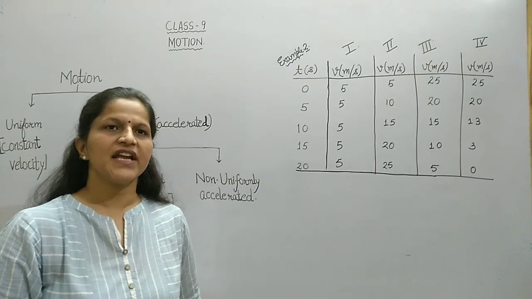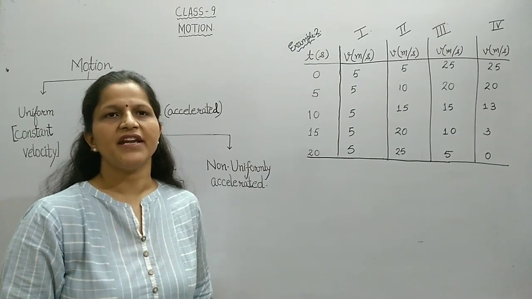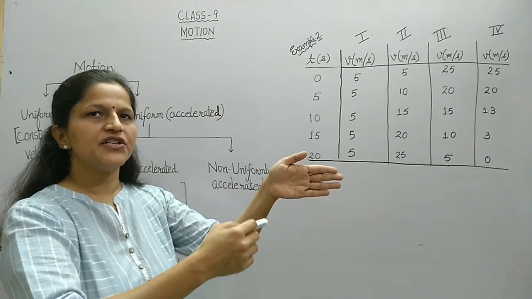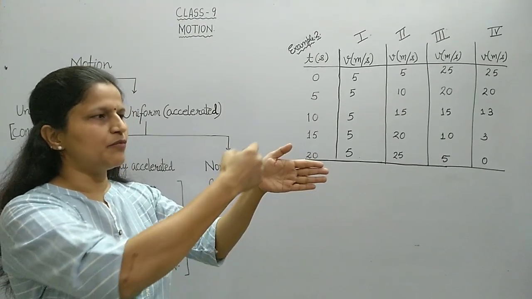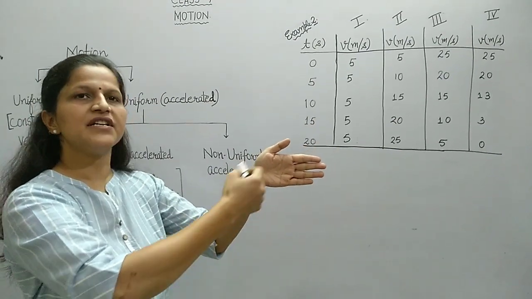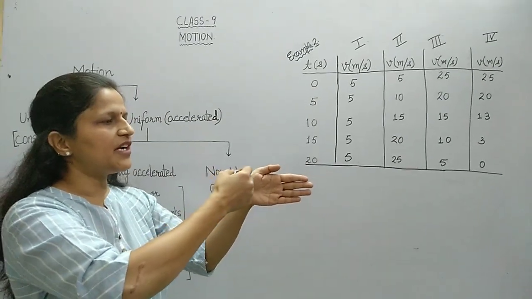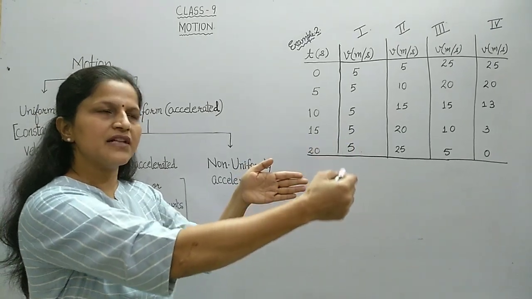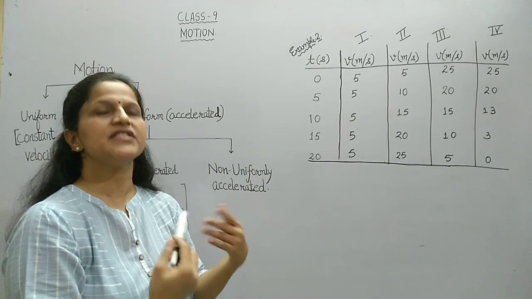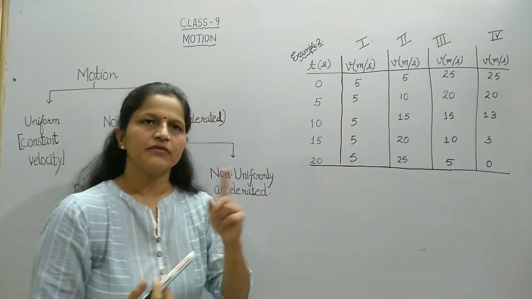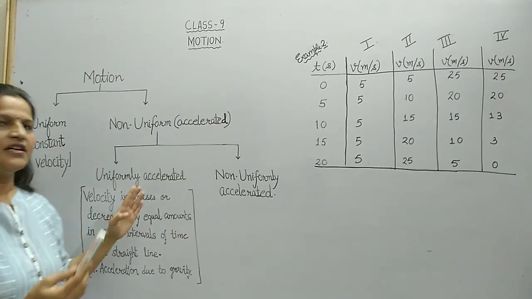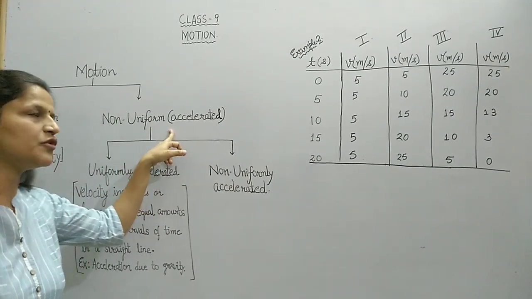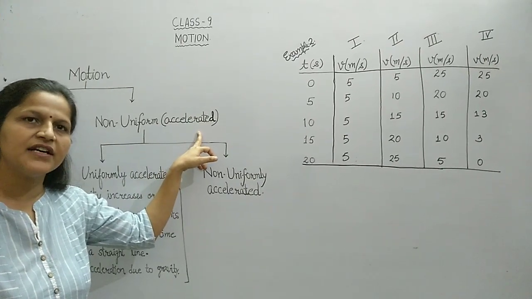I am repeating once again, in this chapter we will be confining ourselves to motion in a straight line. So we will not take the condition where the non-uniformity is arising due to change in direction of the body. We will keep the direction of the body in a straight line path, but we will consider those cases where the speed is changing in its value. So whenever speed of a body changes, then we say that the motion is non-uniform. Another name for non-uniform motion is accelerated motion.